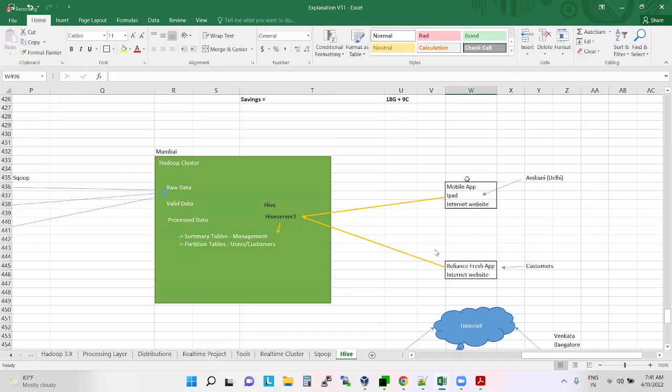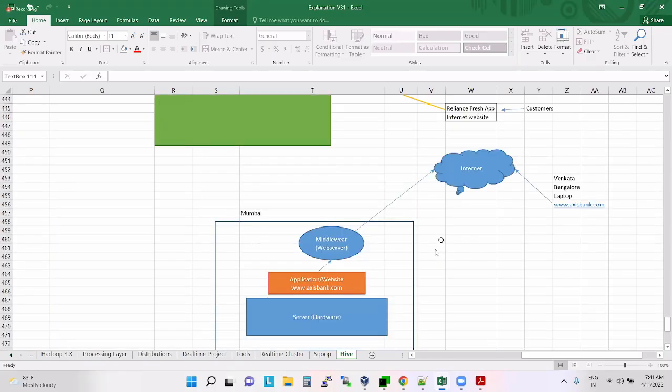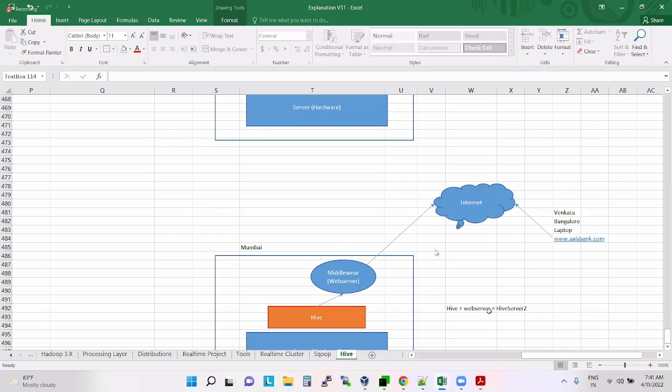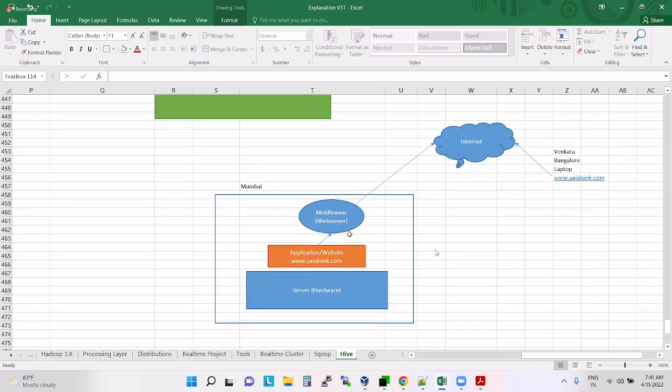So now take this scenario. Here we have HiveServer2, which is running in this cluster. So what will Ambani do? When Ambani selects the report on his iPad, the iPad immediately hands over the request to HiveServer2. Now HiveServer2 is a combination of Hive plus a web server. So obviously the query will be received by HiveServer2 and executed